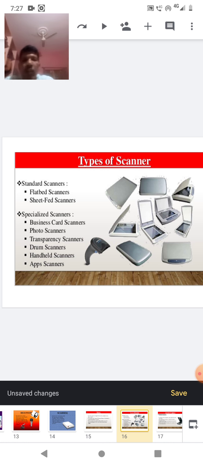Flatbed scanner: we know that pages are scanned with the help of this scanner. Book pages, photographs, drawings, images, etc. can be scanned with the help of the flatbed scanner.